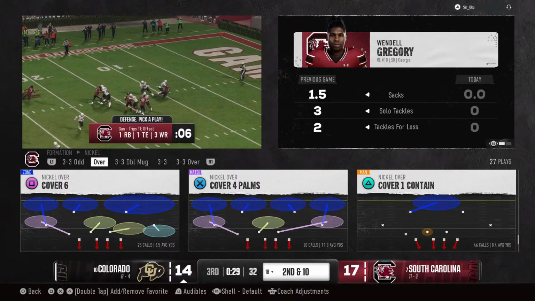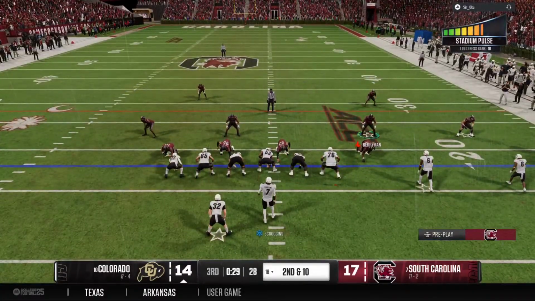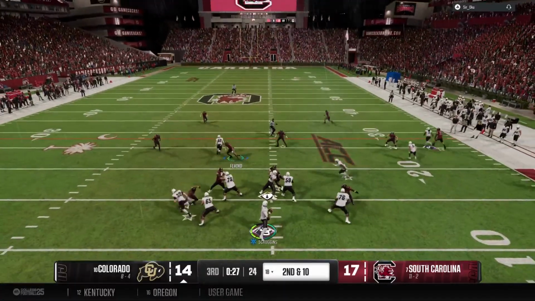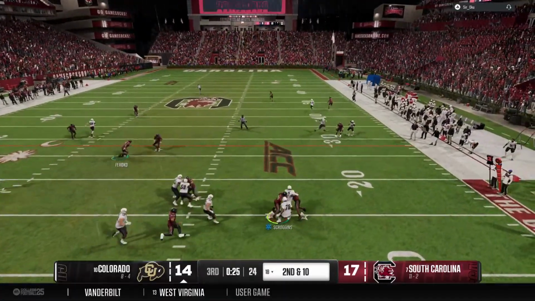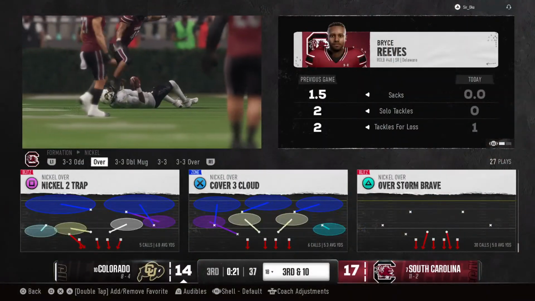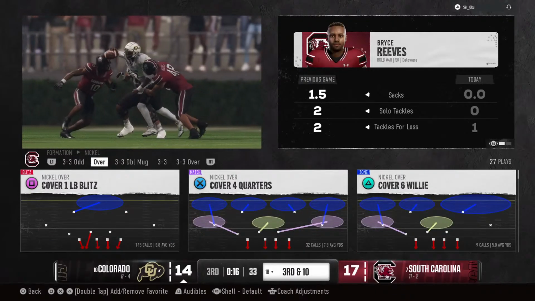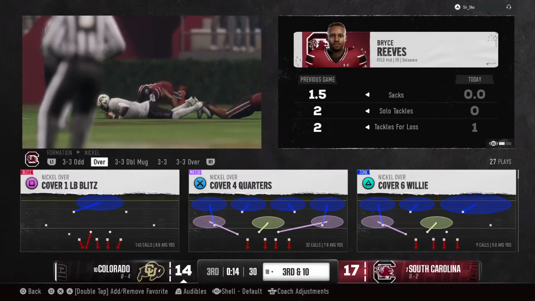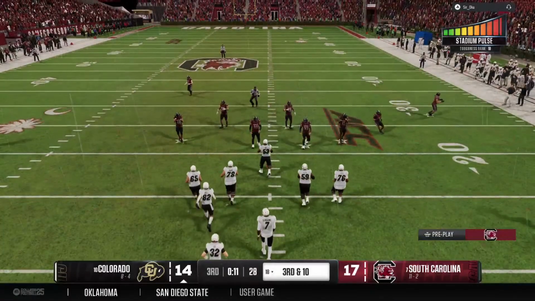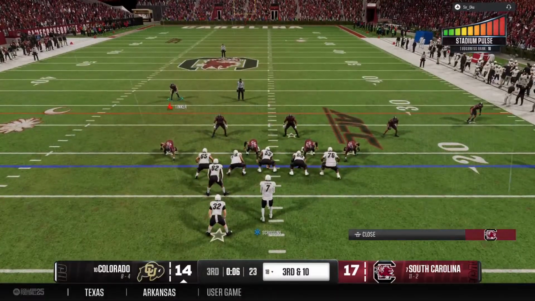So 2nd down after the incompletion. There's the snap, and he's looking to throw. Quarterback takes off now, looking to scramble. Stopped right there at the line, no gain. Well, the defense does a good job of pressuring the quarterback, but really impressed with the quarterback's effort. Not only is he pulled out of that, but he's able to get back close to the line of scrimmage. The offense will line up, chance for a couple more plays before the end of the quarter.